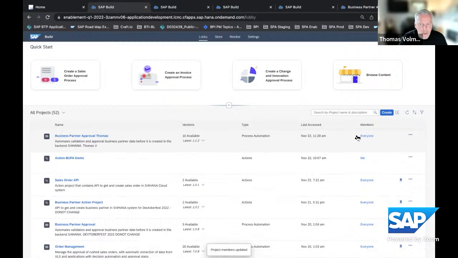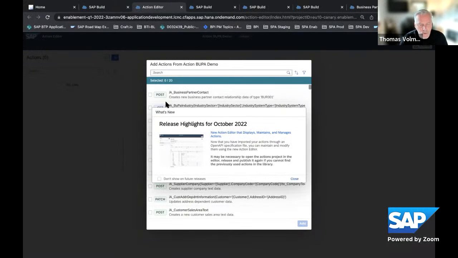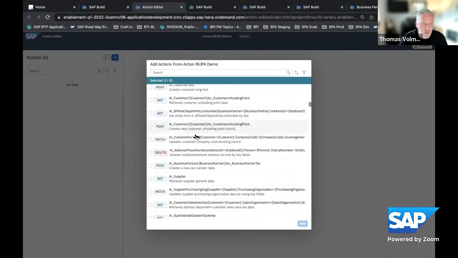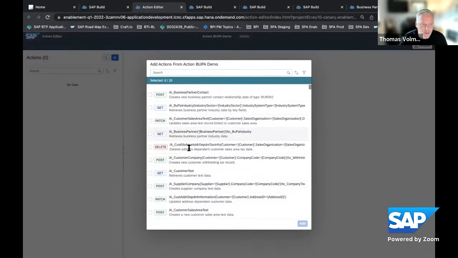I would also like to show you the actions. I mentioned we have a new action editor. In my demo scenario where we created a business partner in S/4HANA, I looked up the API to create a business partner in API Business Hub, and I imported this with one click into SAP Build Process Automation. APIs tend to be pretty powerful, with a lot of post, get, patch, and delete actions.